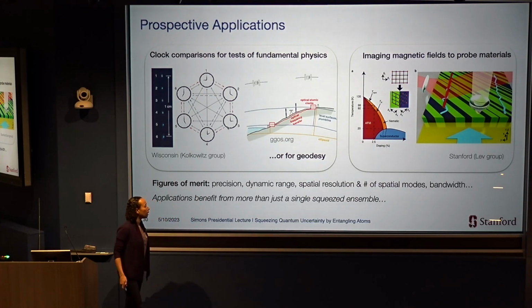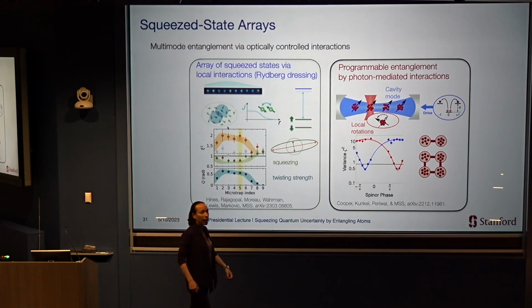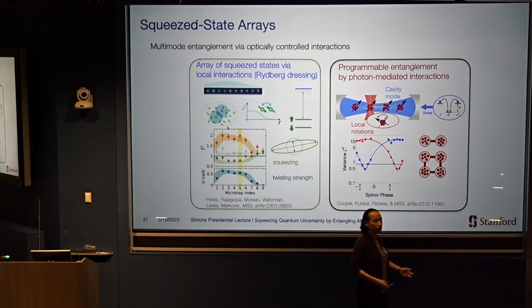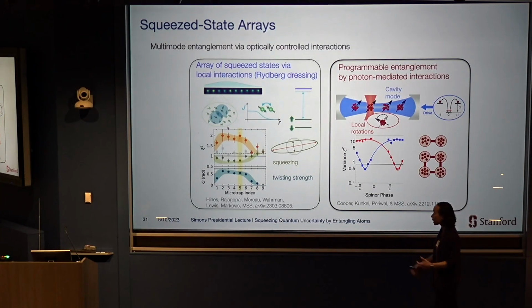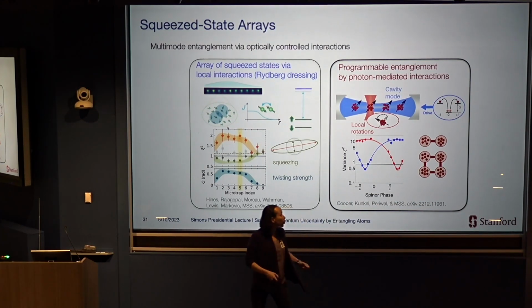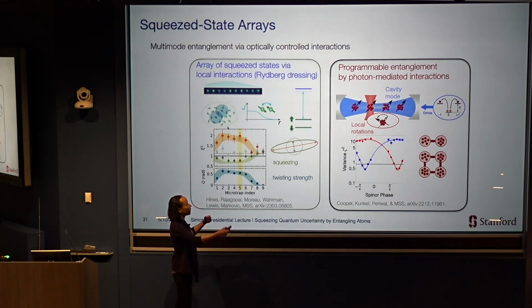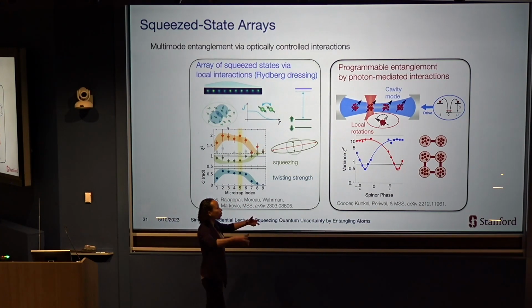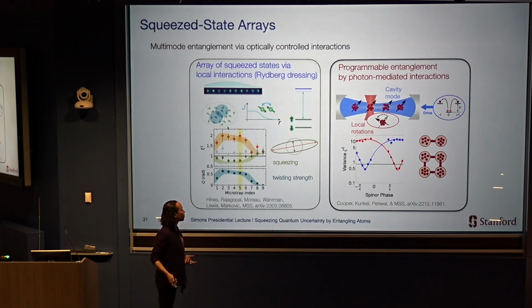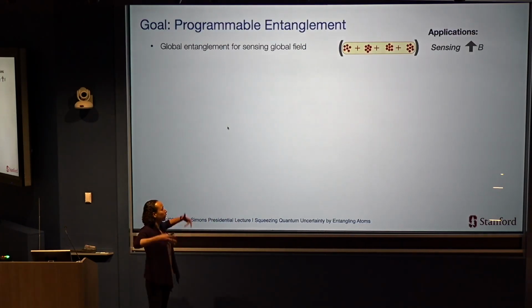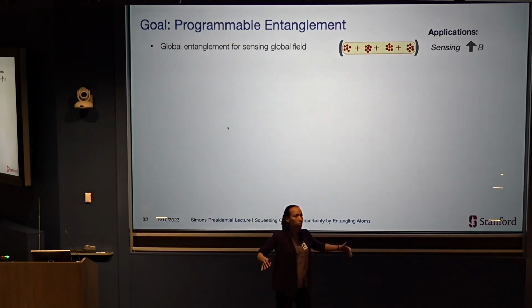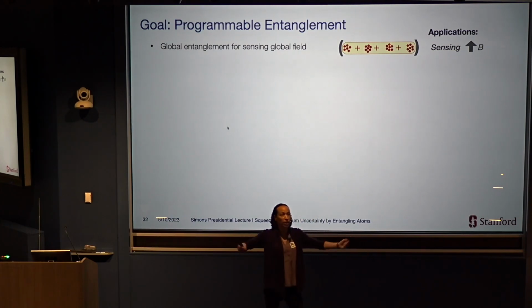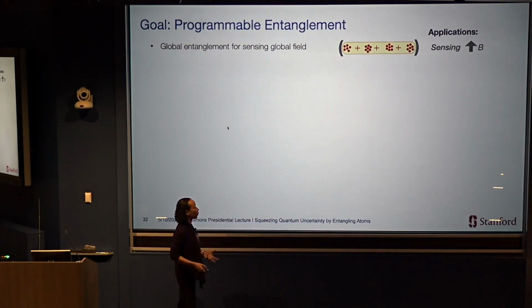And so one direction that we've been interested in pushing in is expanding the complexity of the entangled states that one can generate, either making arrays of multiple entangled states that can give you spatial resolution in sensing, or really starting to program the graph of entanglement between multiple ensembles of atoms. Just to give a flavor of why you might want to do that in a quantum sensing context, if I do just care about measuring one quantity, time, a global magnetic field, then what I want is just a single large entangled state where the quantum fluctuations are squeezed.